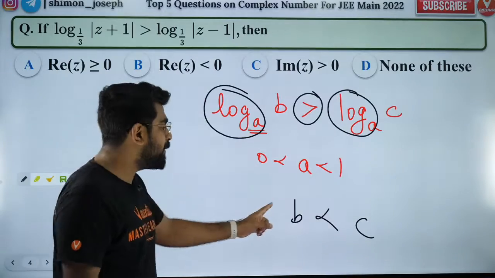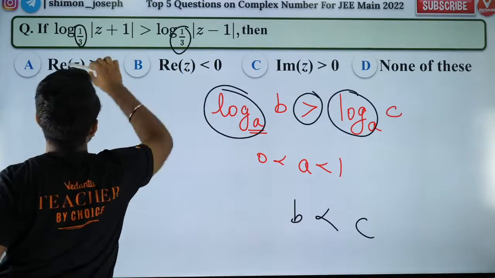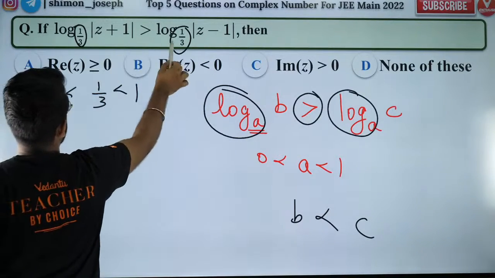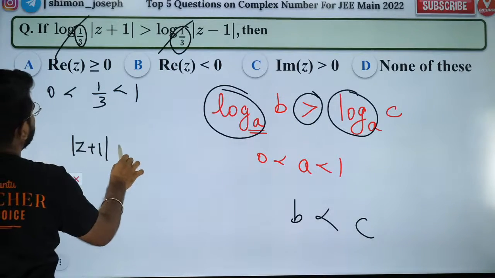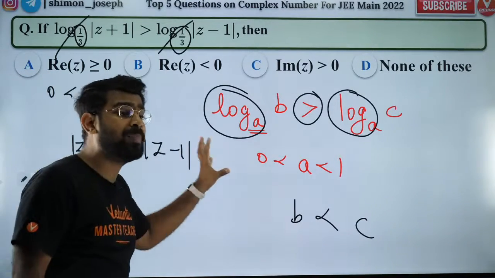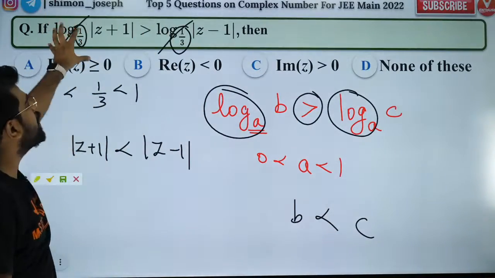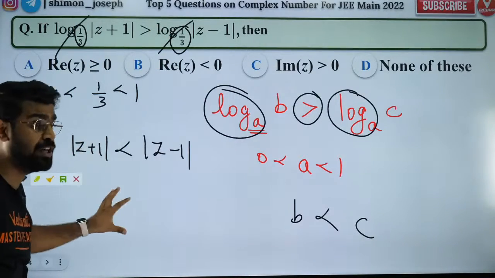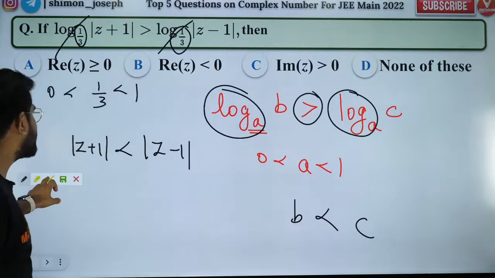Aisha is correct. So people, b is less than c. Here 1 by 3 is also a fraction, right? 1 by 3 is also between 0 and 1. So whenever you have the base between 0 and 1, if I remove log, what will happen to the sign of the inequality? The sign of the inequality will reverse. Are you all clear? Now it's a complex number question. Previously we had log, which was difficult to solve. Now I got rid of log. I made it less complex, but still it is a bit interesting. Let's see how to solve it.